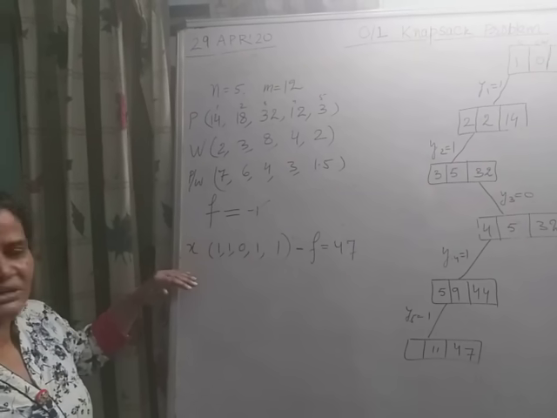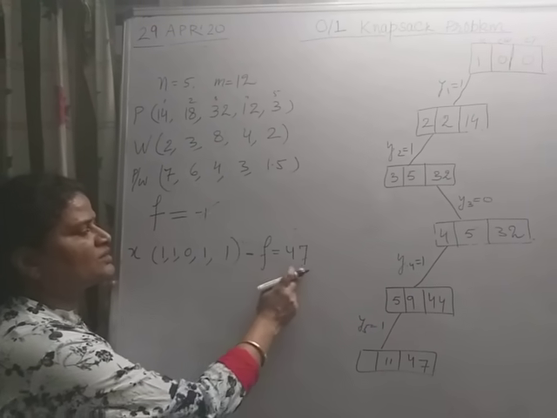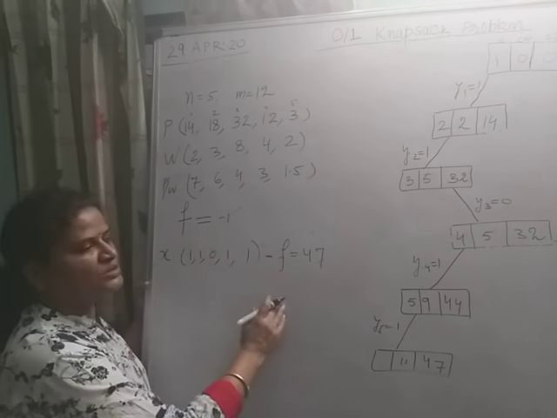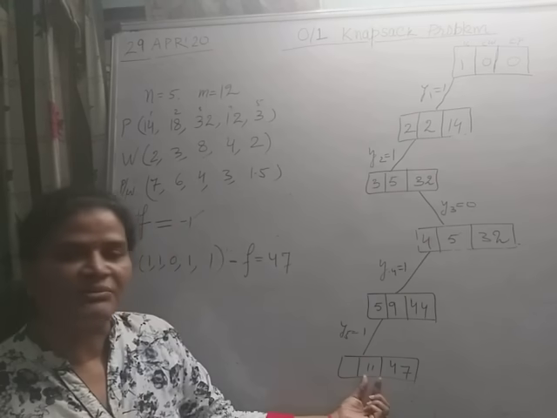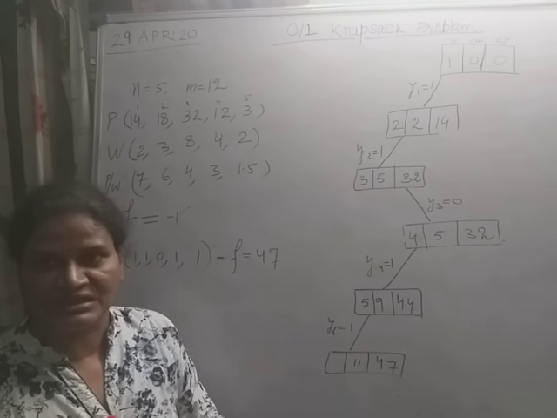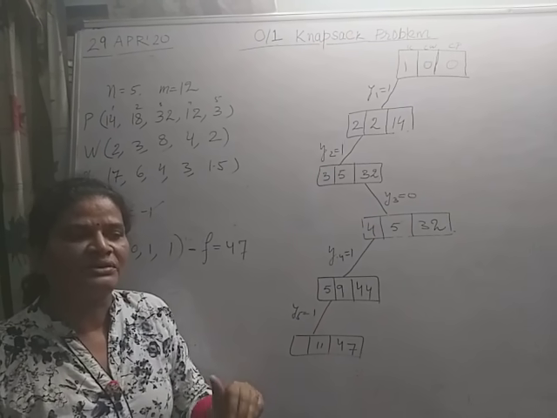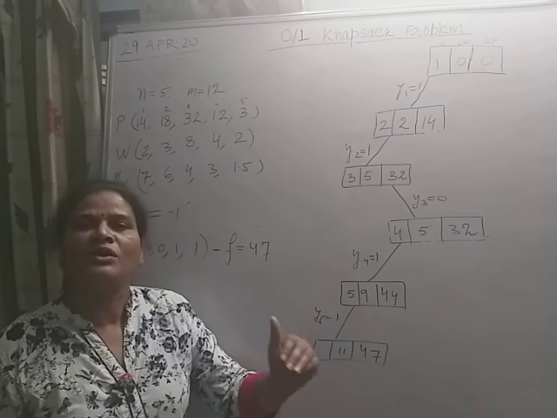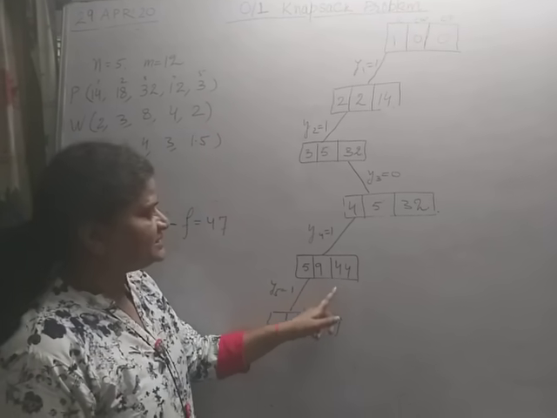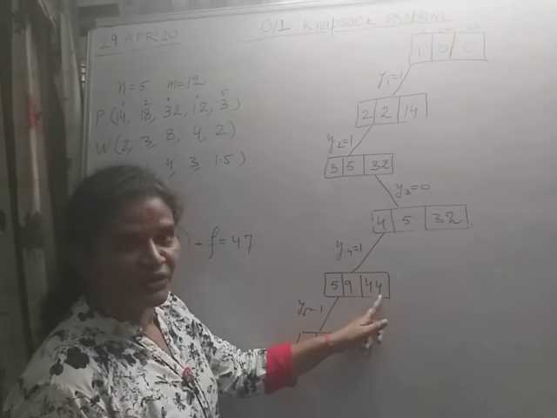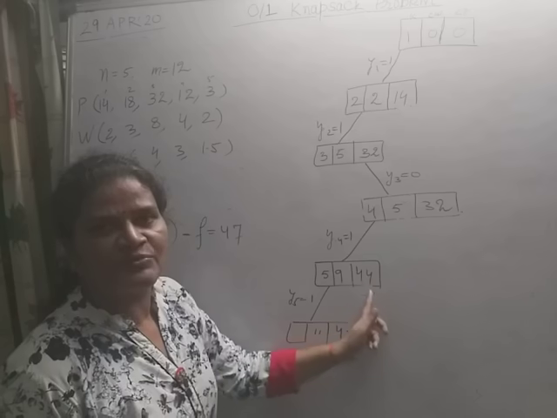Okay. In addition, with that, the algorithm maintains the total profit and total weight. So here the total profit of this vector is 47, and the total weight is what? 11. FP and FW. FP gives the profit and FW will give the weight filled in the knapsack, because in the case of 0-1 knapsack, the knapsack may or may not be full. Now again here for the right branch, the right branch is simply 44 and y5 is 0, and 44 is less than 47. So here no right branch is generated.